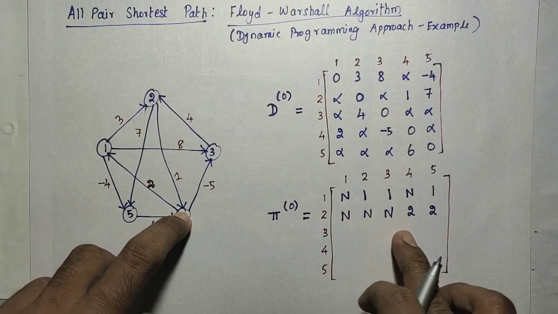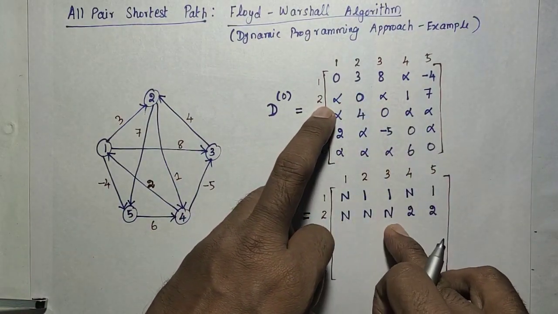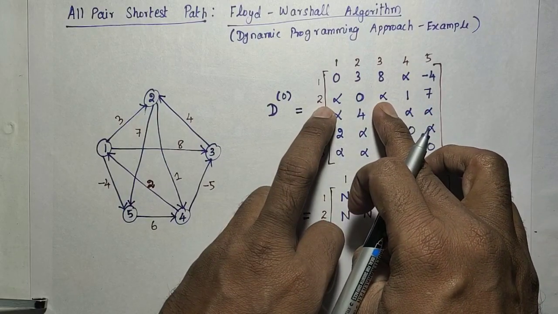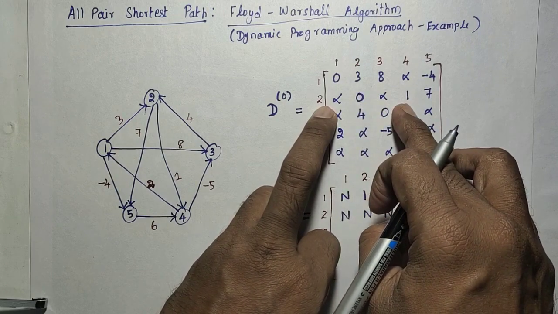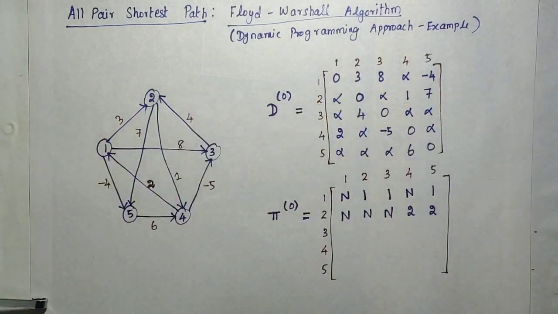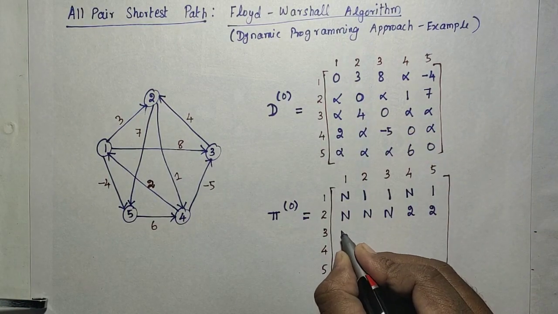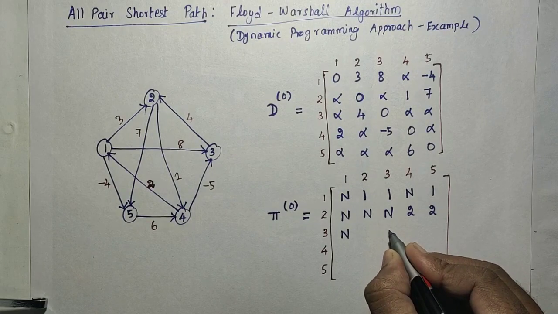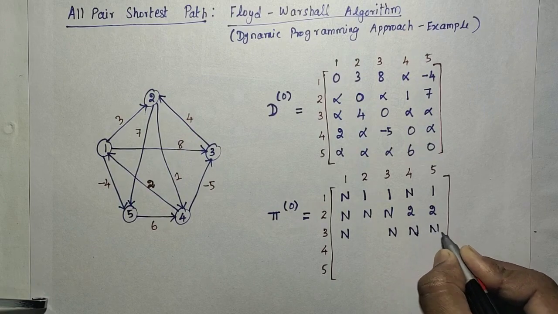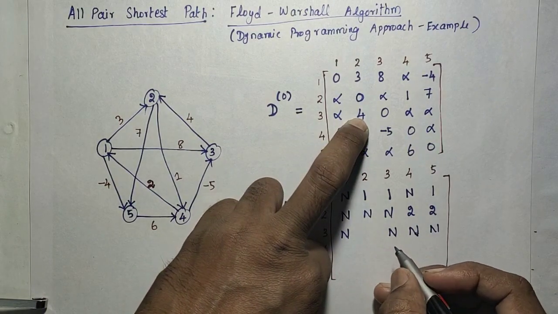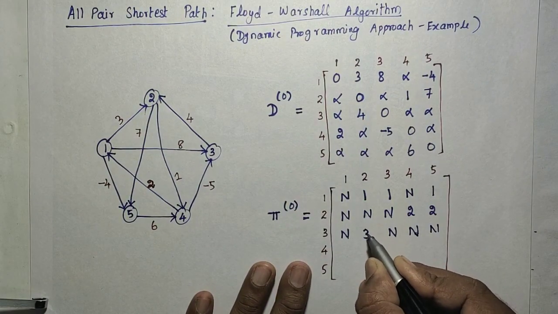It means that, just to refer to this matrix, wherever the value is 0 or infinity, it is nil. If that value is not an infinity and not a 0, then it will be filled with the corresponding row number. That's all, because the row number is the source. Similarly here, how to fill that nil, and then this 3, 0, nil, nil, and then nil. This 4 is neither 0 nor infinity, so it will be filled with the column number 3.